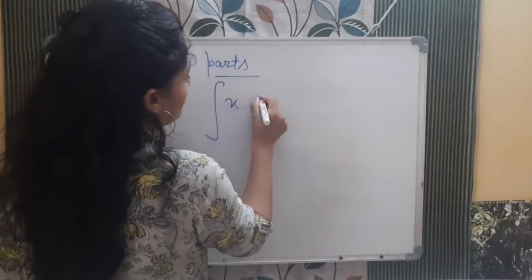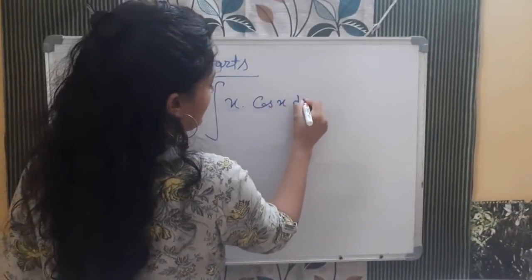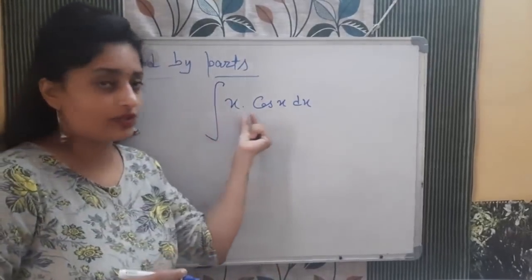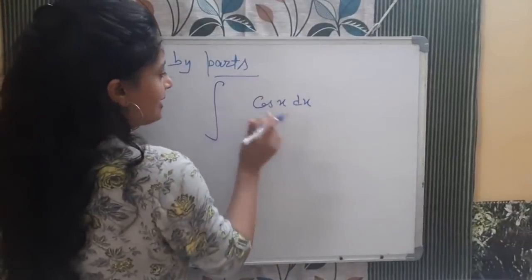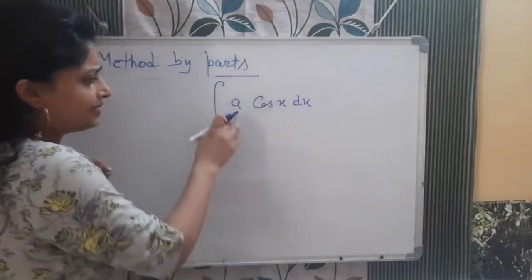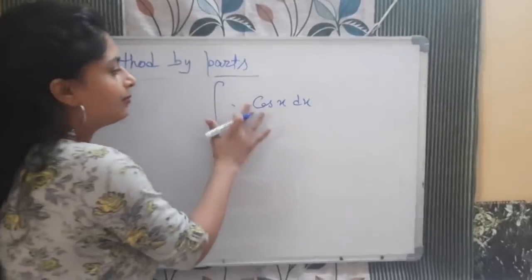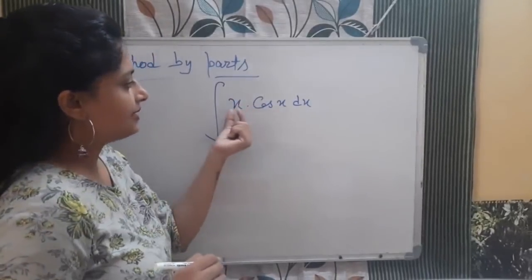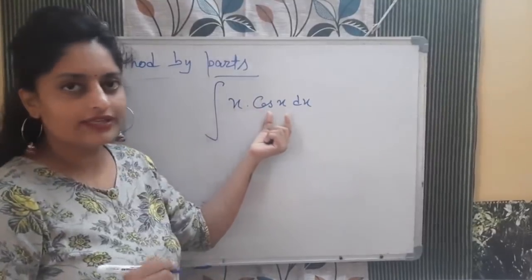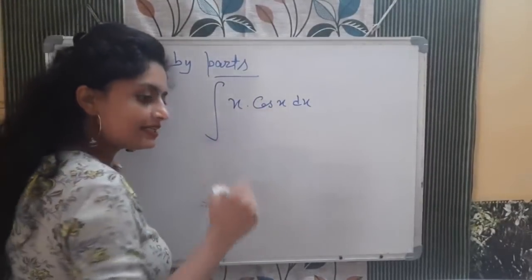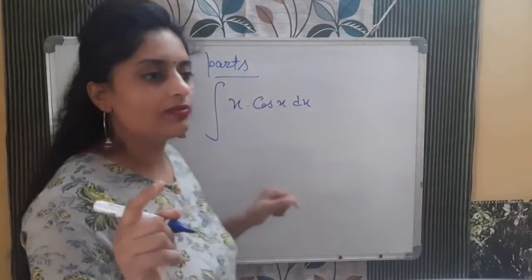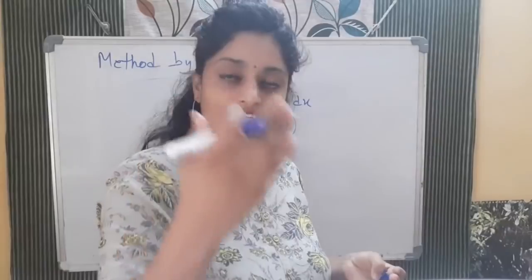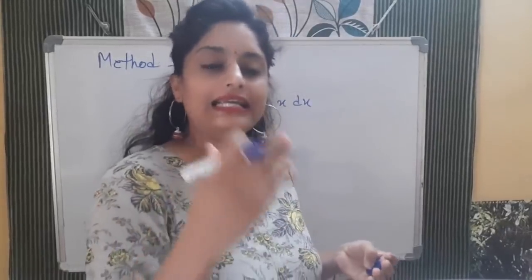x into cos x dx. This is very simple. Now see, there are two functions. x is also a function of x. If it was like this, a, we could simply say this is a constant and take it out. But this is not a constant, bacha. This is x, a function of x. x cos x. Both are functions of x. Now consider 1 and 2. And generally we consider the first which one, because the formula is first as it is, minus integration of differentiation of first, integration of second.